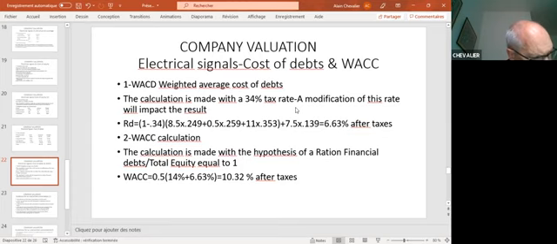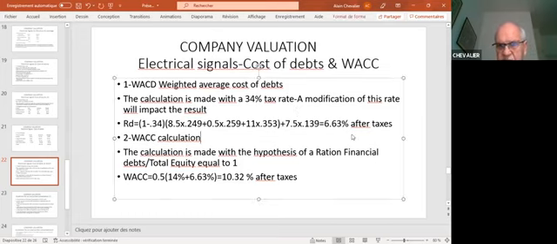plus 11% multiplied by 0.353 for the short-term loans, plus, and it is not in the bracket because of the leasing contract, 13.9%, to 6.63. So we got the